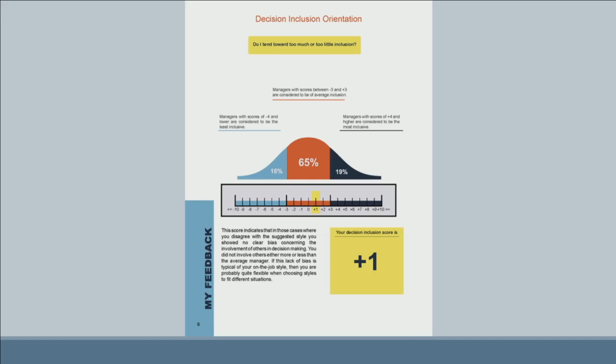Did you tend to one extreme or the other when all of them are taken into account? This lets you know, is your tendency to include more, perhaps even when a more directive style would help you, or do you tend to minimize inclusion even when a more collaborative or team-oriented style might be more